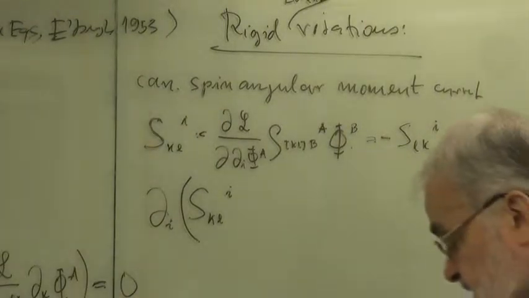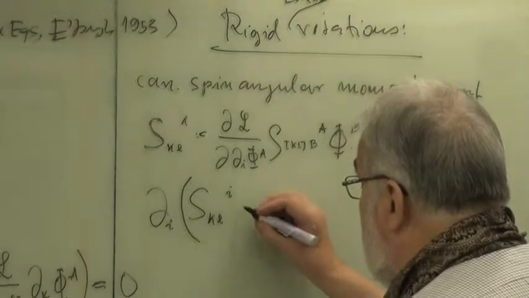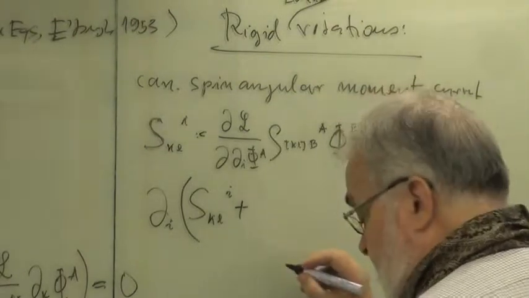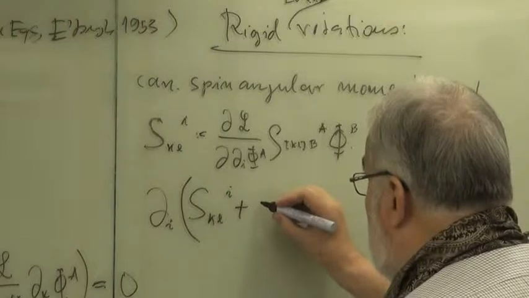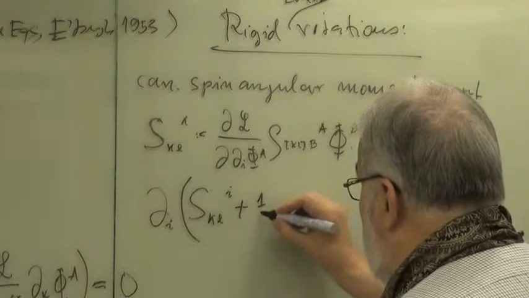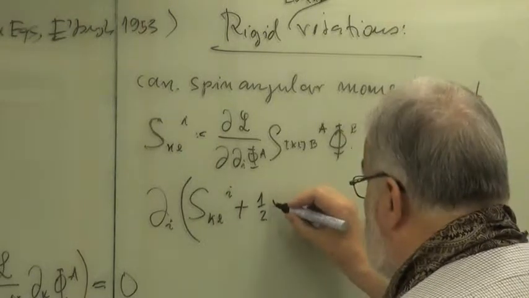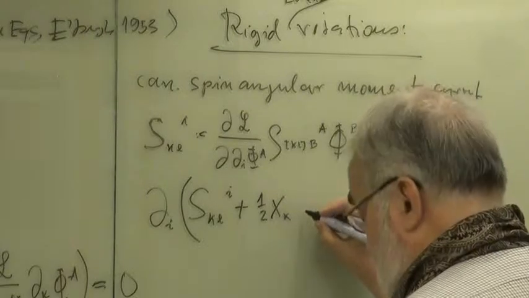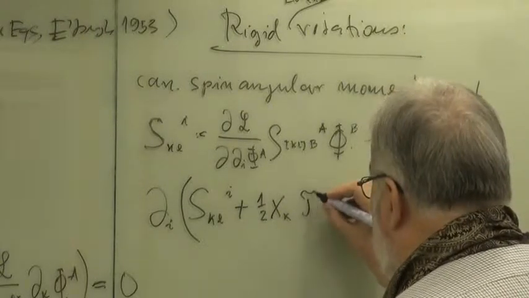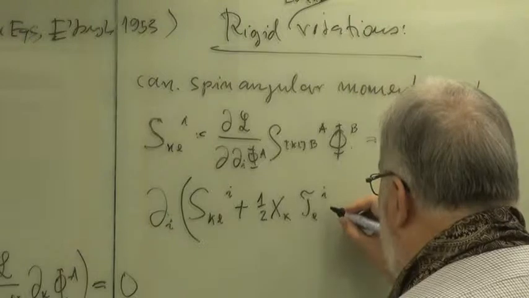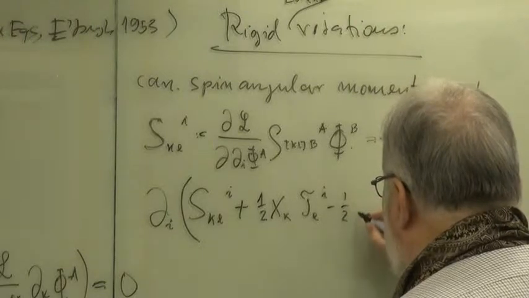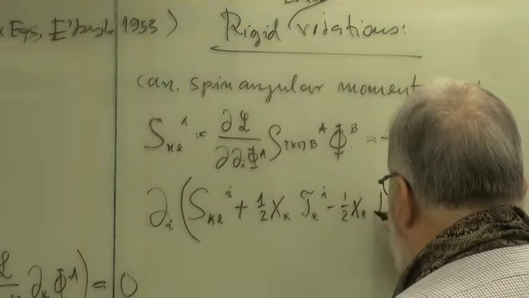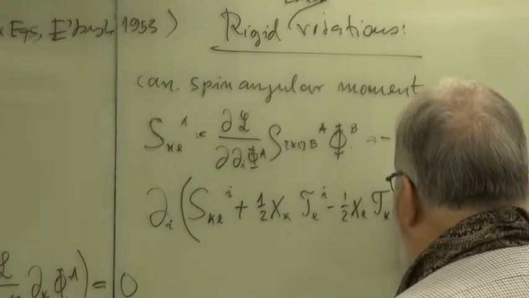But you have to add the orbital angular momentum, which I write in longhand, 1/2 of x k t l i minus 1/2 x l t k i,